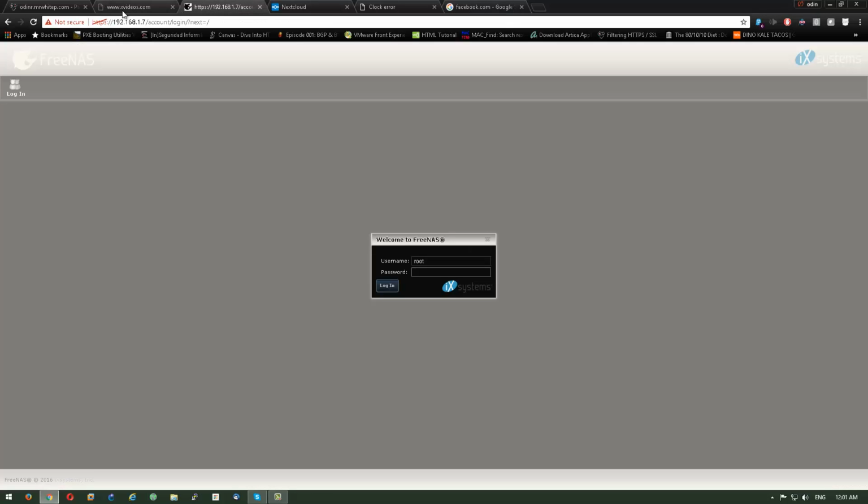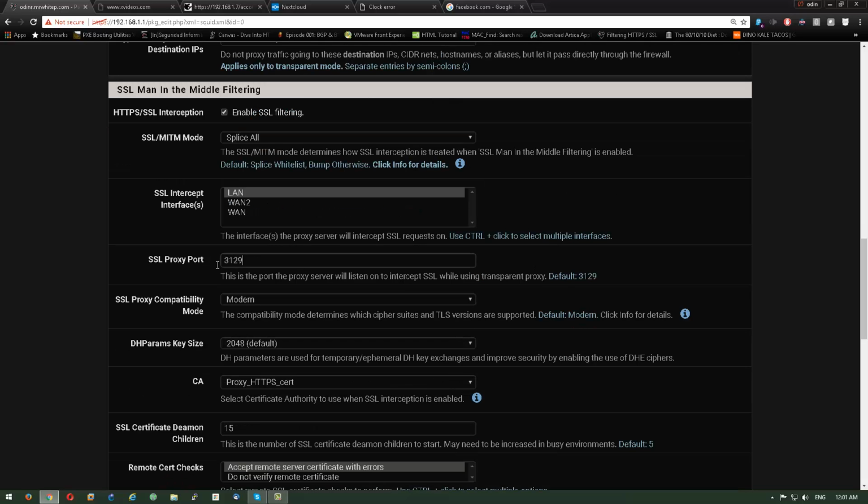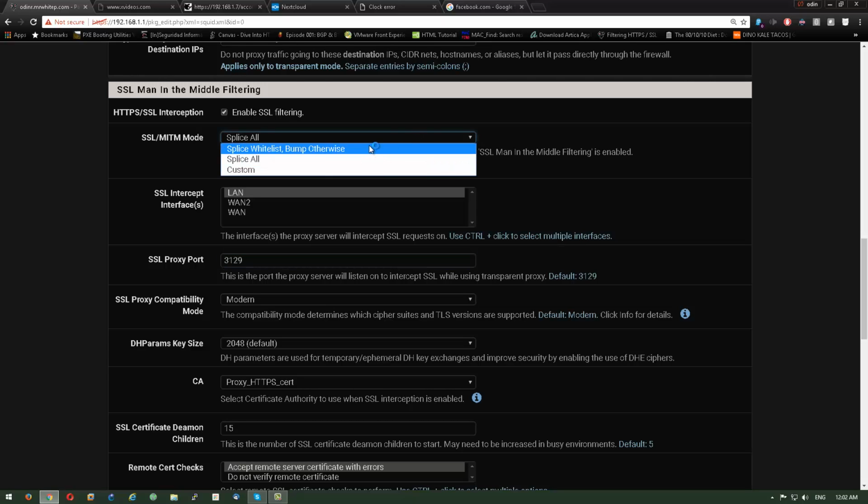So if we go back here, we're telling it the same thing: listen, all the connections that come from the LAN, from the users here at home, use a different port, because the other one, HTTP, is listening on port 3128. In this case, it's going to listen on 3129. And this is the good part of this one. I did my research on this, and before, we had to create certificates, so the pfSense